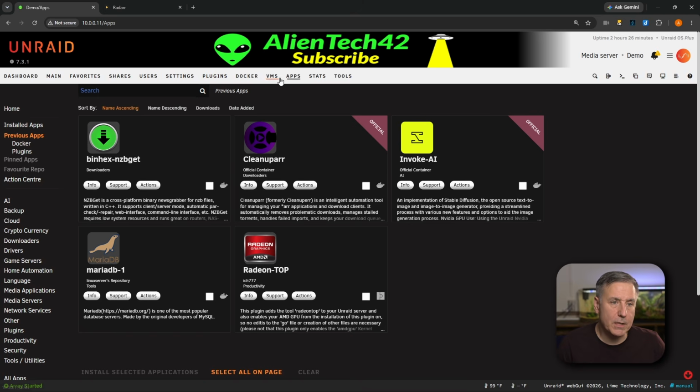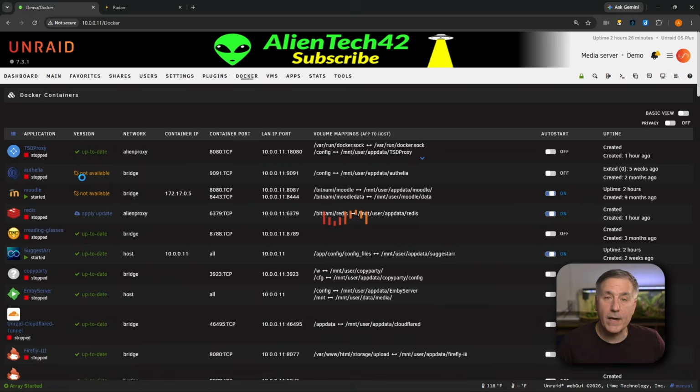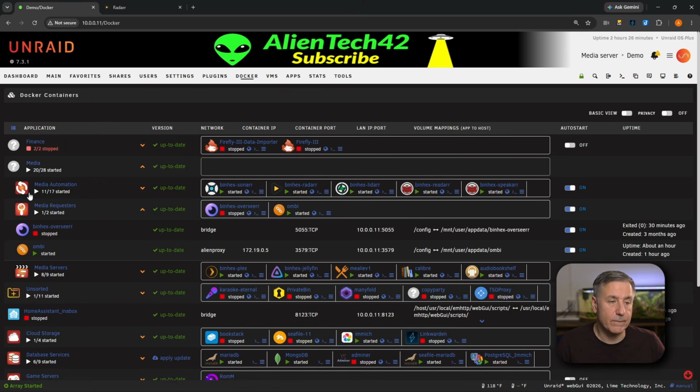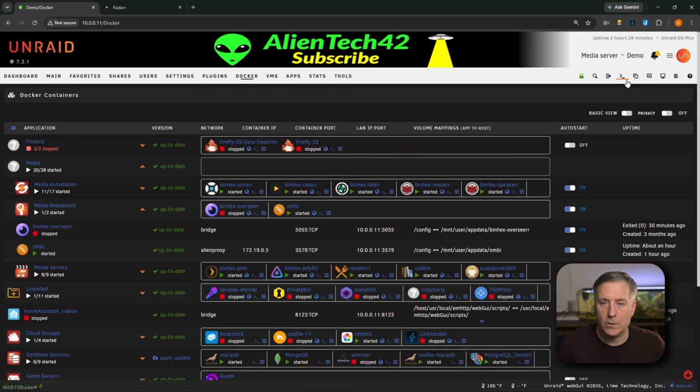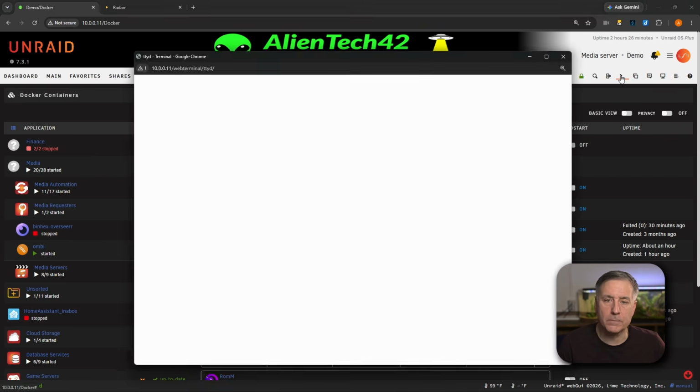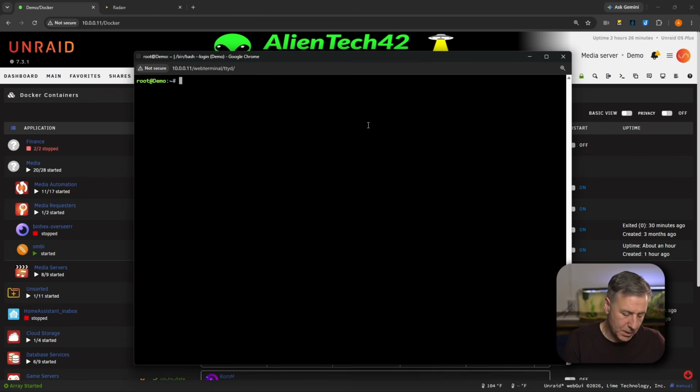First thing I'm going to do is stop the container, make sure that it's not running. So I'm going to go back to my Docker tab. We'll find Overseerr in the list and turn it off. Mine's already off. Once it's stopped, you can open the terminal window and copy your existing app data folder to a new Seerr app data directory. So I'll click the terminal icon in the top right corner. For Overseerr users, the documentation shows that you'll type in this command,